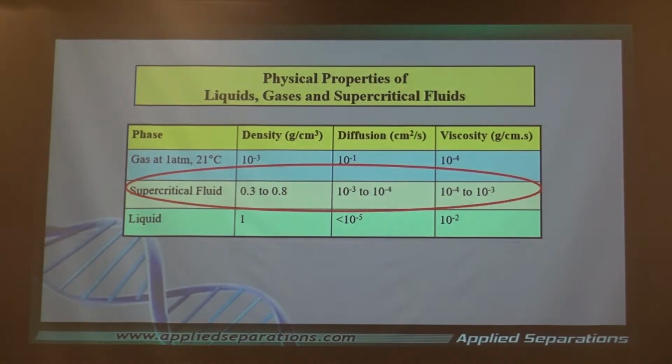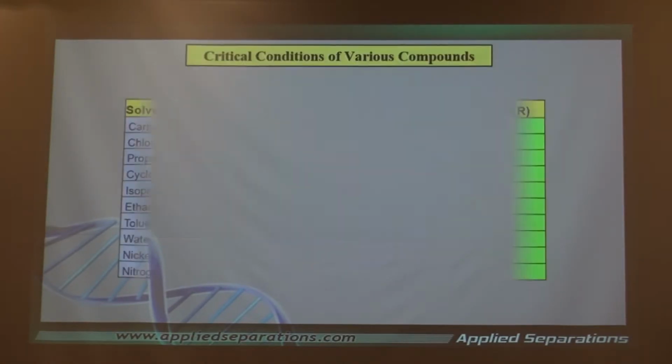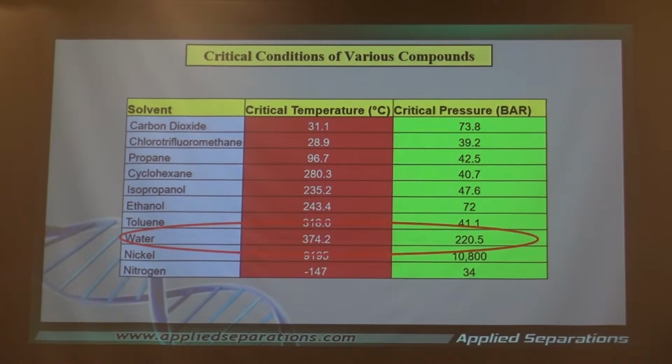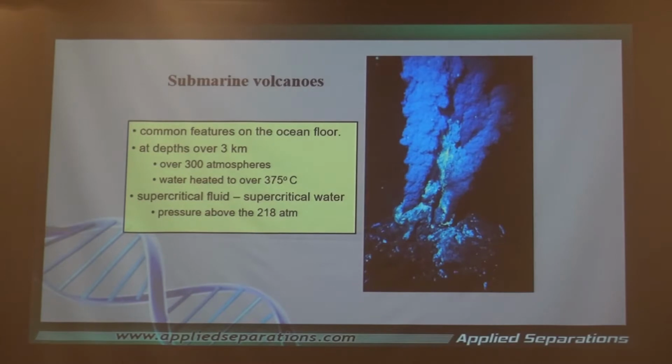A supercritical fluid is somewhere between a gas and a liquid. And as I said earlier, we can make almost anything supercritical. For example, take a look at water. The conditions are different. And this is not found only outside of nature, this is in nature. Supercritical water is in nature. It is at the bottom of the ocean, near the volcanoes at the bottom of the ocean. The water coming out of there is supercritical.